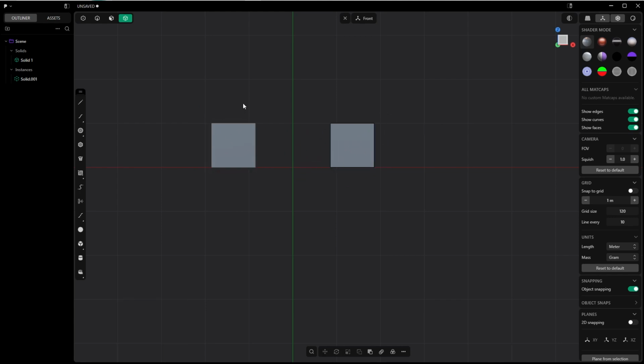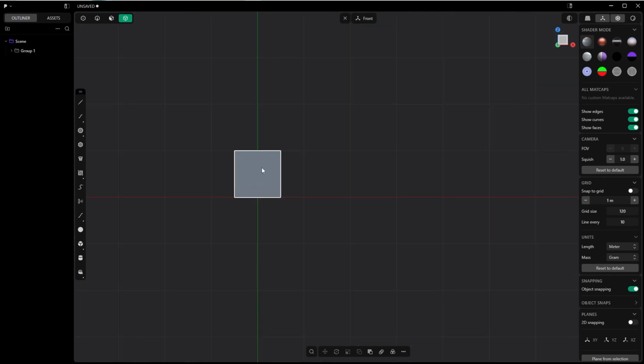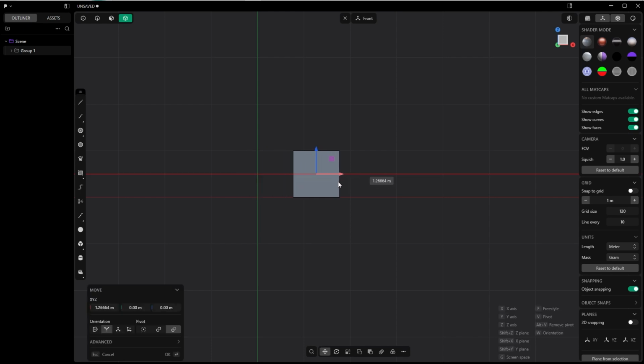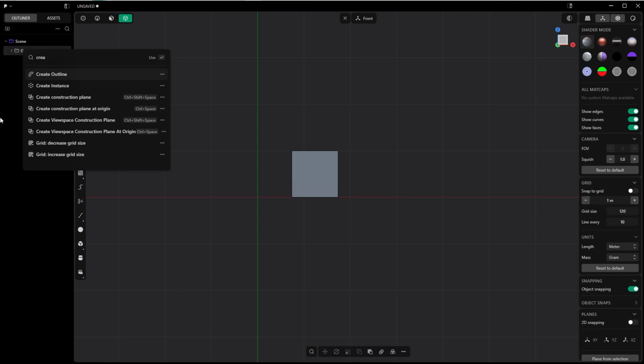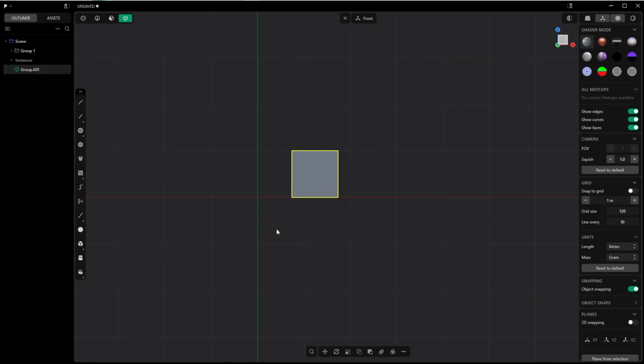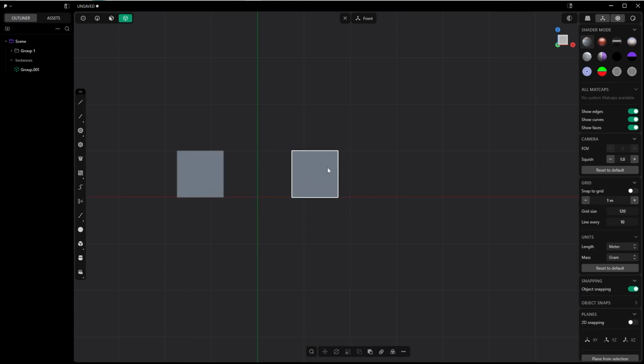But this time I would like to show you how you can use groups for live mirroring. Before doing anything else, I select this cube, press Ctrl G. Now the solid is in a group. I again look from the front view, bring this guy to somewhere here. This time I select the group folder here in the outliner, look for F, create instance. Okay, and if I now scale to the negative, pressing S, -1, I have the same situation like before without